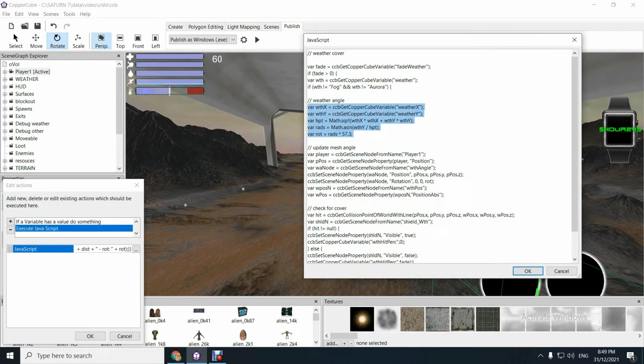So I'm getting the current weather x and weather y, x and y of the weather effect, which is sometimes adjusted by the wind and sometimes not. Sometimes it's fixed. So I pick that up, square root of x times x plus y times y, asin, and then you just divide the y over the hypotenuse, or the long side of the triangle,